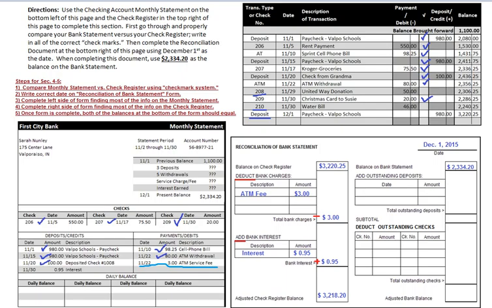So what we'll do is we'll put down the date, which is 12/1/15, December 1st, and we'll put in the dollar amount, $980. Right here, we fill in the missing dollar amount,